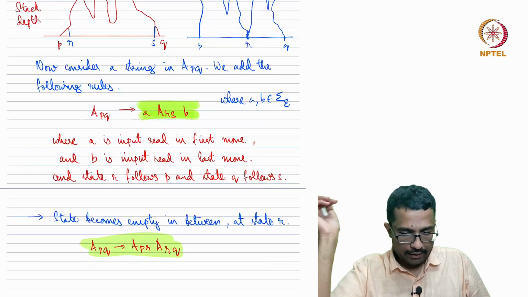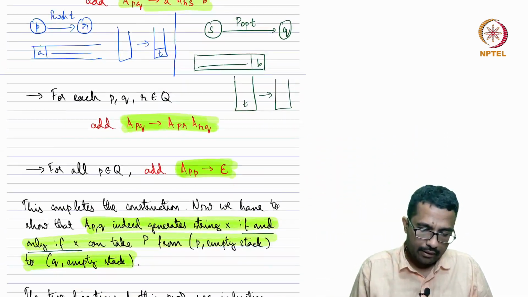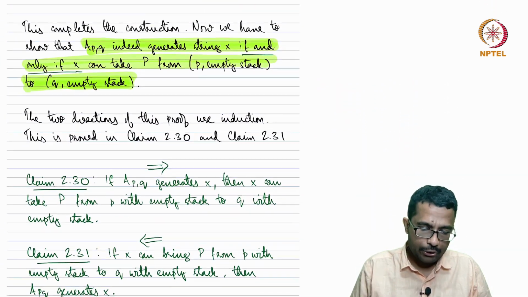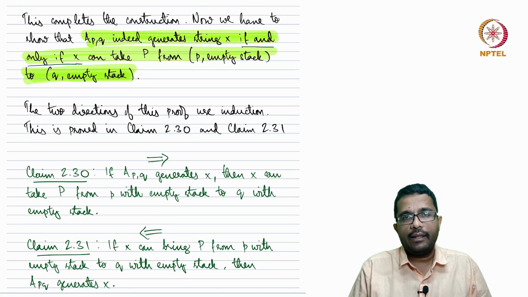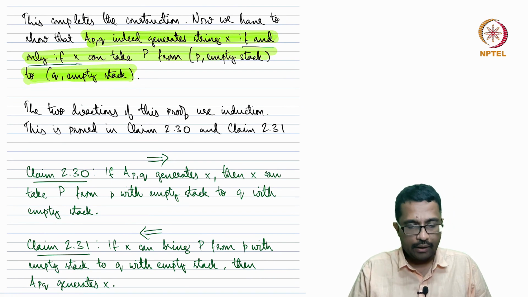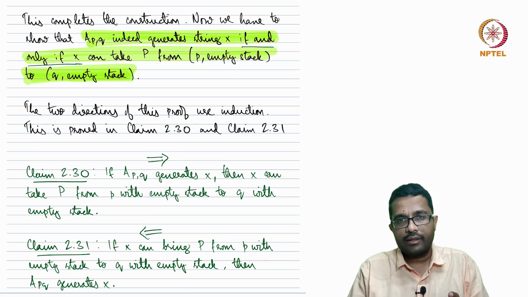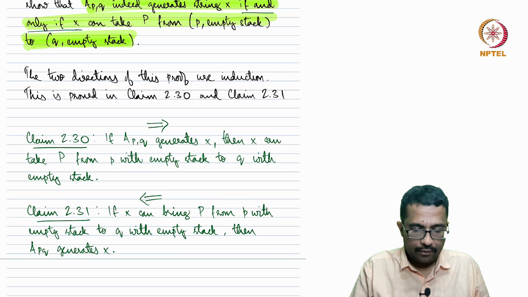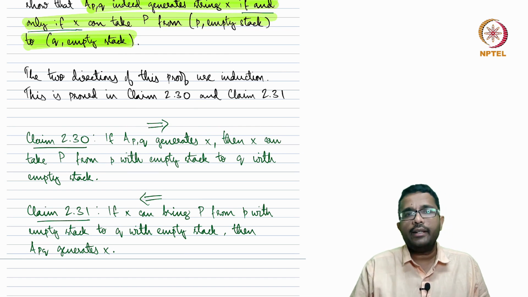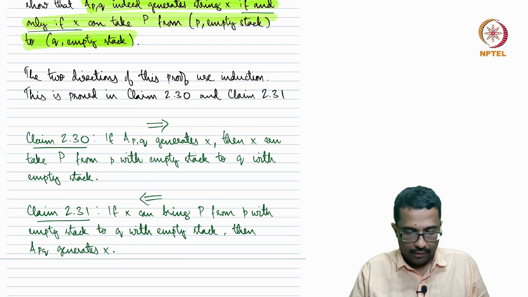We constructed the rules of the grammar, and now what remains is to show that the variables A_PQ indeed generate exactly the set of strings that are desired, and that will be proved by the following claims 2.30 and 2.31, and this we will see in